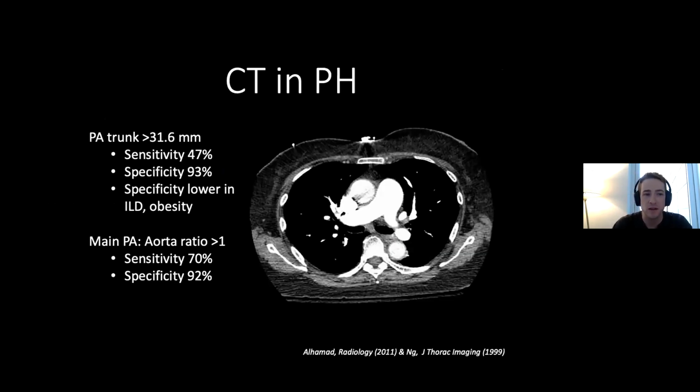I found that when I'm admitting somebody from the ED with dyspnea, chances are that the emergency department also got a CT to rule out a pulmonary embolism. And this study can actually be super helpful for us to be looking for signs of pulmonary hypertension. So when we scroll down the images, we find the bifurcation of the right pulmonary artery, and you can look at the right pulmonary artery size at this point, and we can see how it compares to the aorta. If the pulmonary artery measures more than 31.6 millimeters, that is 47% sensitive and 93% specific for pulmonary hypertension. If we compare it just to the size of the aorta next door, we can see that